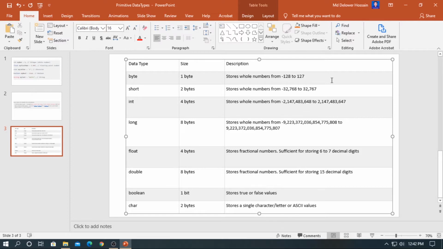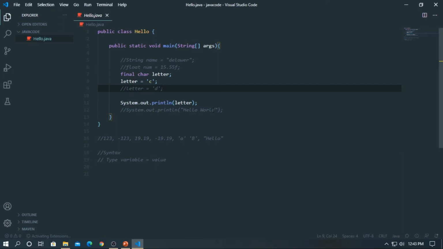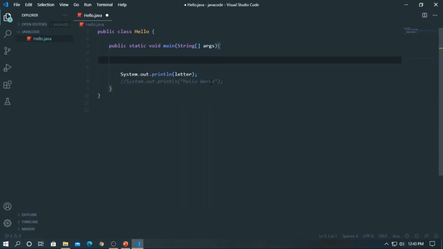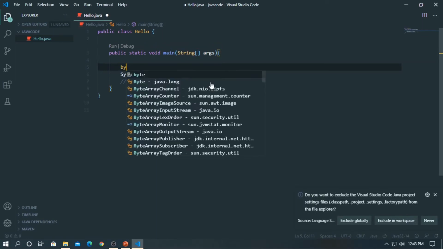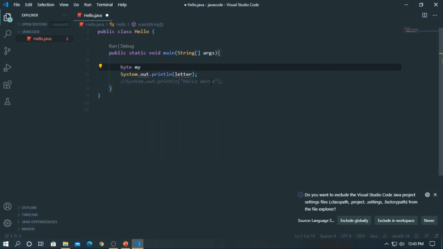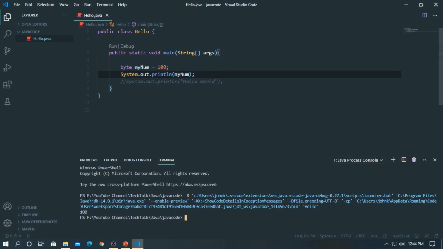This can be used instead of integer or other integer types to save memory when you are certain that the value will be within -128 and 127. Byte my number, a hundred.